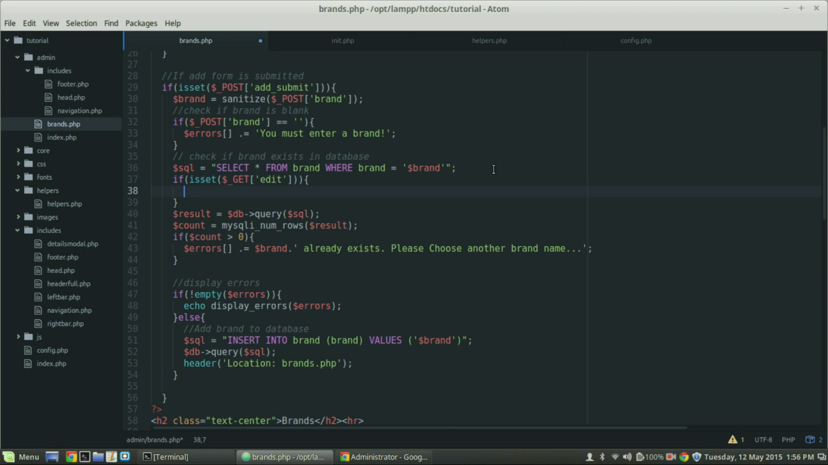And we're going to redefine that SQL right there. So what we're going to do is it's going to use this SQL unless the edit is set, unless we're editing something on the page, and then we're going to do a slightly different SQL statement. So what we're going to do then is say select all from brand where